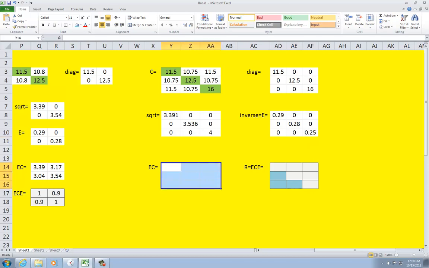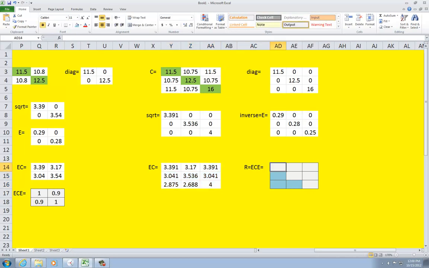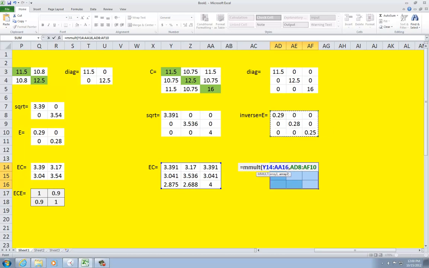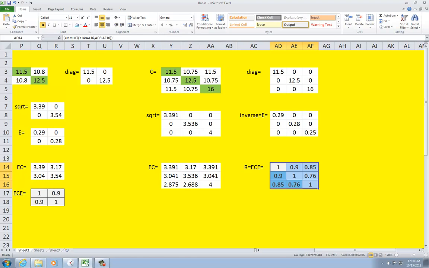So let's pre-multiply the standardizing matrix times the correlation matrix. Okay. And then post-multiply by the standardizing matrix. Alright, there you go. And here in the Carolina blue colors, we